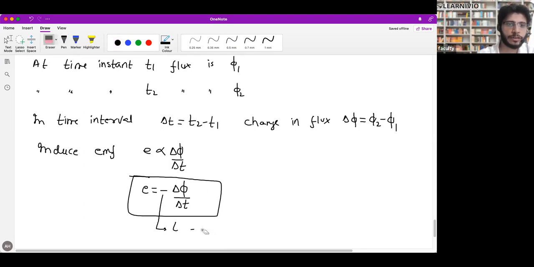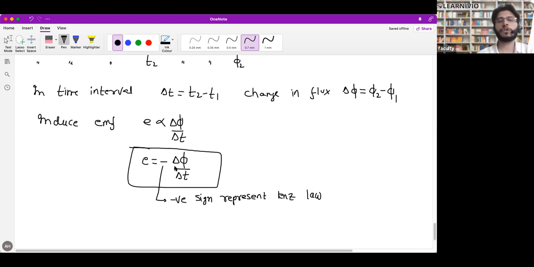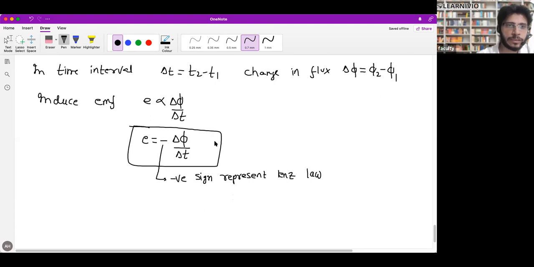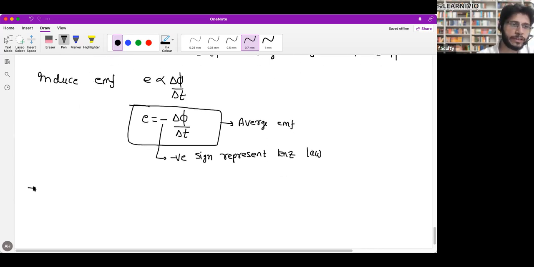So I should write that the negative sign represents Lenz's law. So it is minus of delta phi over delta t. This EMF is an average EMF. But if you want to calculate instantaneous EMF,